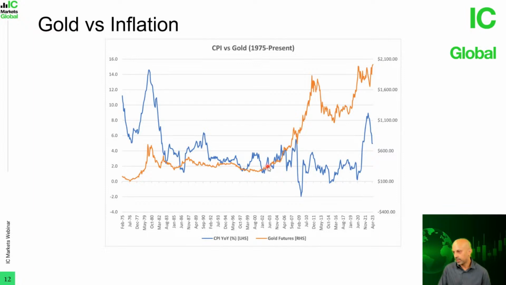But where we see gold functioning as a hedge was in 2003 to 2006. So over a period of 3 years, as inflation started to pick up, we also saw gold prices pick up as well. But this also coincided with the commodity boom. There was a big commodity boom in the early 2000s, which lasted all the way till 2007, before the Lehman Brothers crisis, and we saw gold prices pull back together with other asset prices as well.